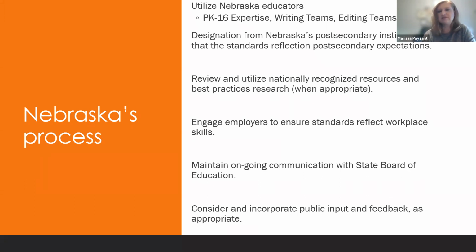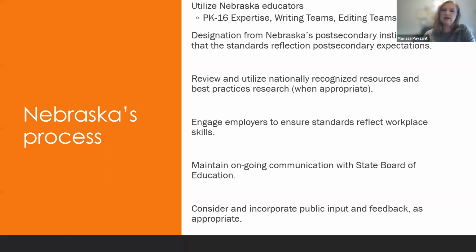And I'll just say here to this note, about the resources that we use, some things can change. We learn a lot about, for example, how young children learn how to read. We've learned a tremendous amount about that over the last decade. And so we do look at that research to inform any revisions that we make to those legacy standards.